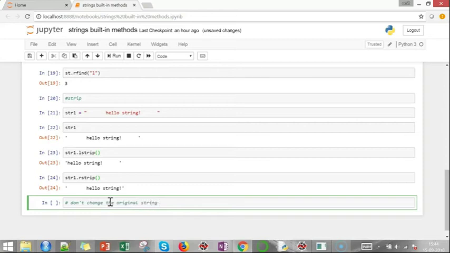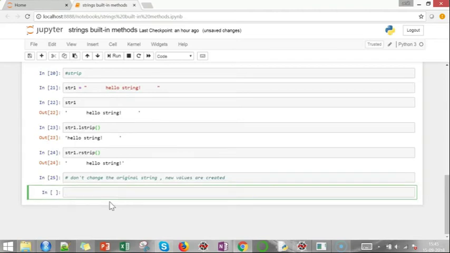They create a new value. Always new values are created. So if you have to change the original string, you will have to assign it back to the original string: str1 is equal to str1 dot strip.